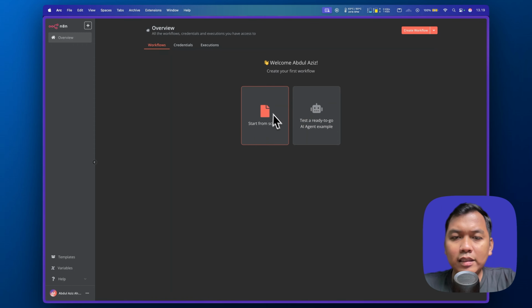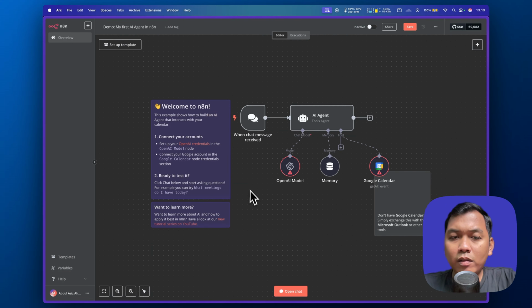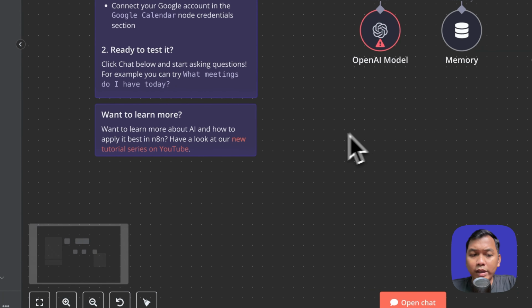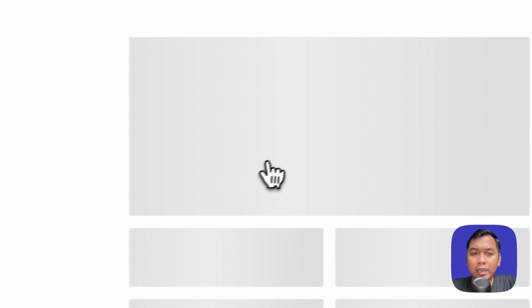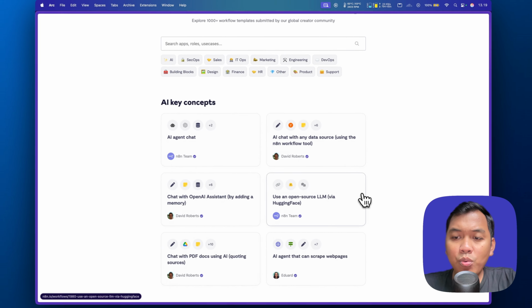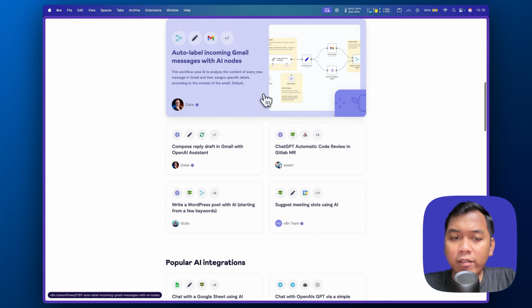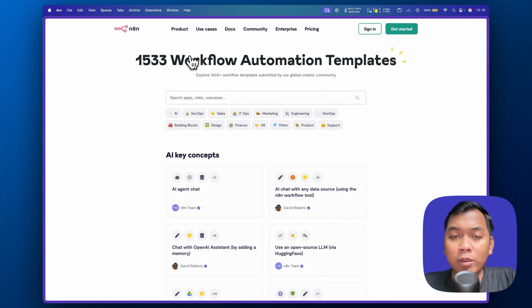So we can just start from scratch or press this create workflow, or we can test a ready-to-go AI agent example here. Alright, it looks like this. And also we can pick a template here from the left side, and it will bring us to a new tab or a new window. We can select it, or we can find inspiration from n8n.io.